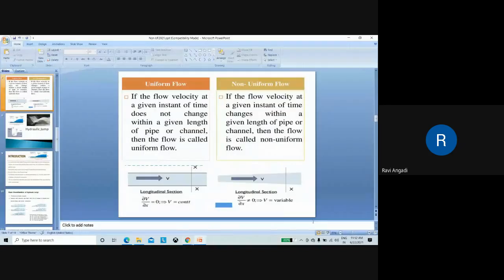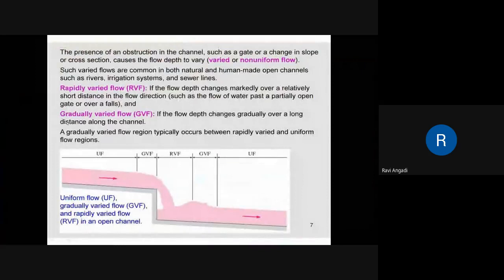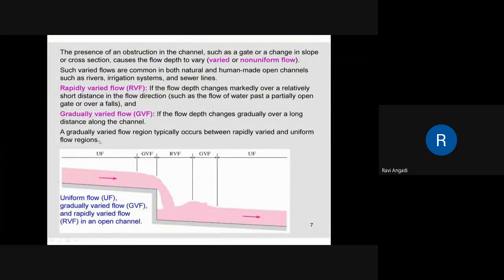Okay. Now, this is about uniform flow, gradually varied flow, and rapidly varied flow. Once you understood these, it is easy to understand what we mean by hydraulic jump and all. Next, we will do the derivation. You can easily understand if you understood the types of flows in a channel, when they take place, how and where, then you can easily understand the hydraulic jump and all. Okay, so my voice is audible to you all? Clear? Is it clear?